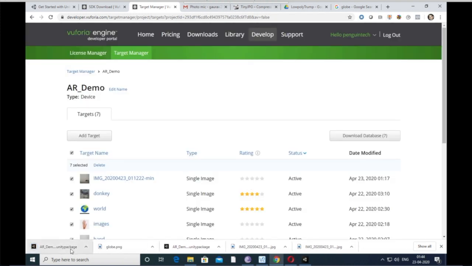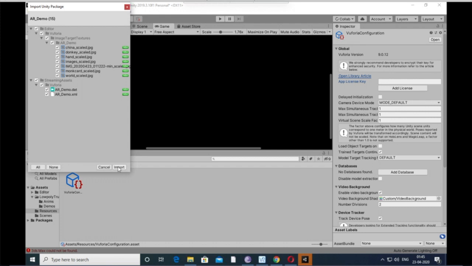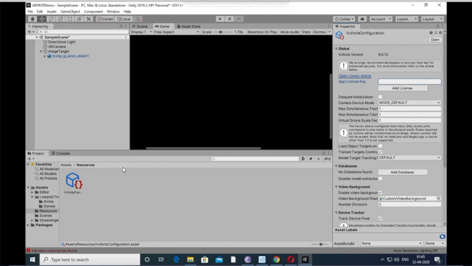Now you have to import this in Unity. You can also download a single image from here, but since I can use one of the images as a target, I am downloading all. So import. I have already imported, so no need to import again. Okay, yeah, it's add, I have not added it.